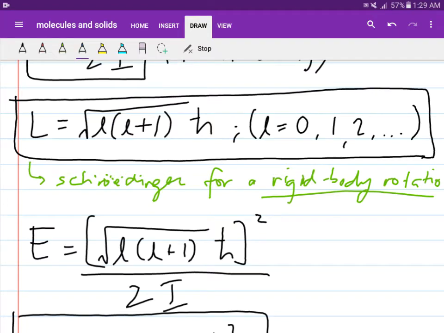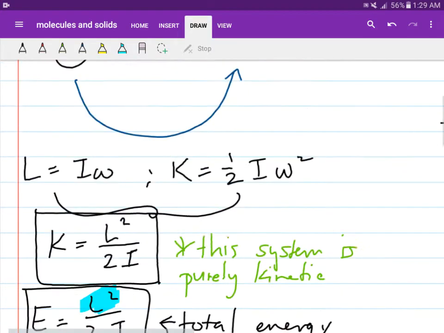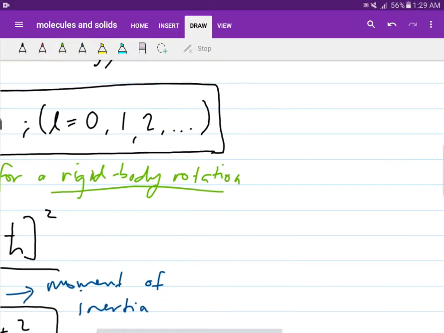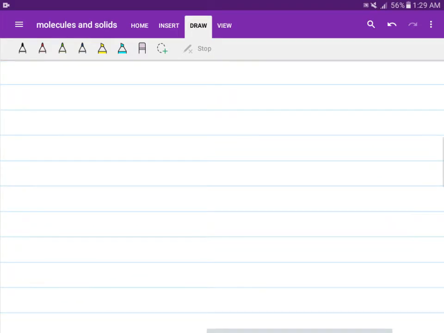So this I is the moment of inertia of our rotating system. So this I can be defined as,